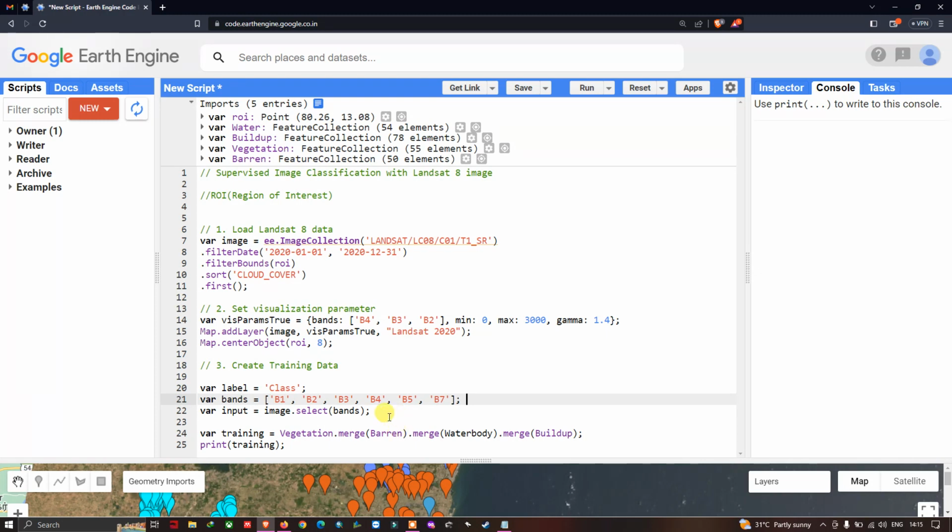Now to extract these bands from our Landsat 8 image, we define a variable called input equals to image. Here the image refers to our Landsat 8 image, that is the variable image defined here. So we define input equals to image dot select bands. Here bands refers to the variable bands, that is band 1 to 5 and band 7. In the next step we're going to import our training data into our